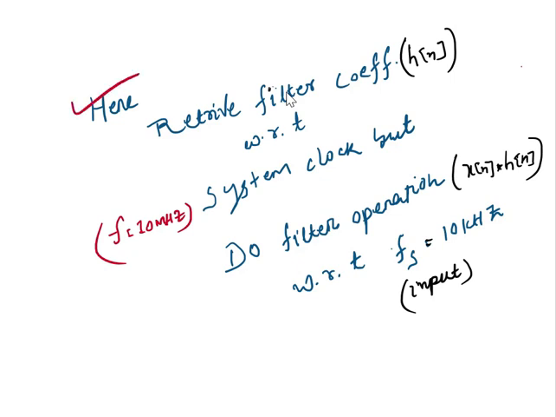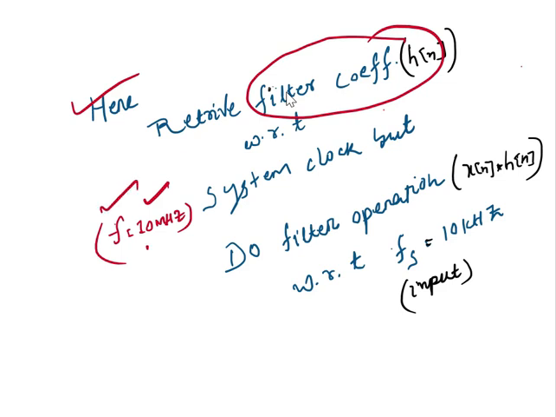So the solution here is to retrieve the filter coefficient, because the filter coefficient has been stored in the system memory and the system memory frequency is 100 megahertz. So what is the solution? Anyhow, retrieve these filter coefficients, this h[n], with respect to this frequency, that means the system clock. But do the filter operation